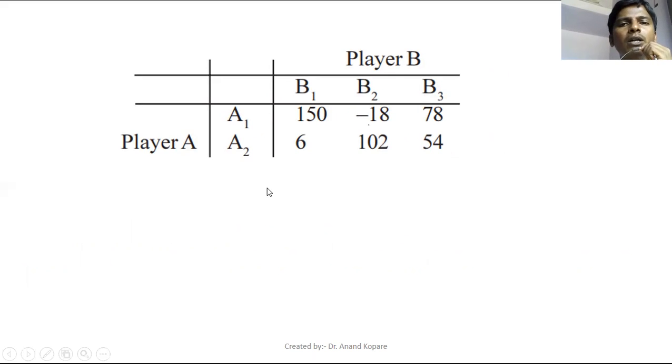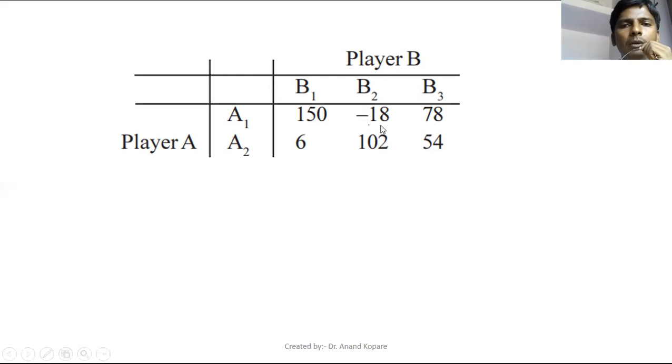Here we require 2 rows and 2 columns, that is a 2 by 2 matrix, but here it is 3 by 2. It means we have to compare column with column, and as per the dominance rules, we should keep the minimum value and remove the maximum value. So we will compare each column with the others. First we compare column B1 with B2 and B3. 150 is not less than both values, hence we cannot compare B1 with B2 and B3.